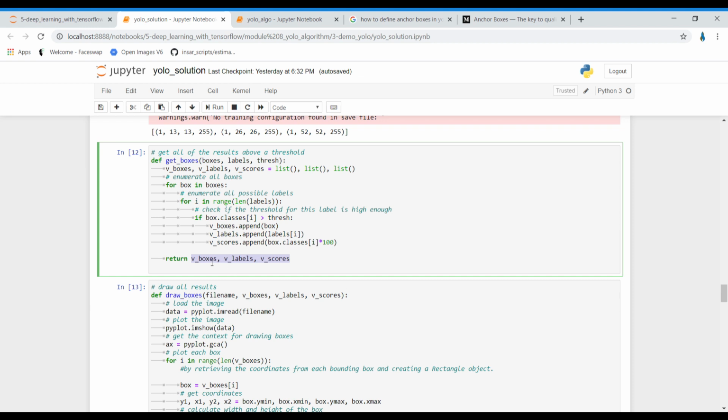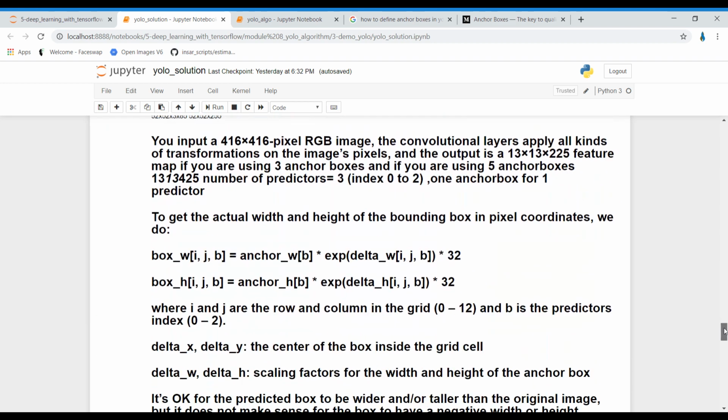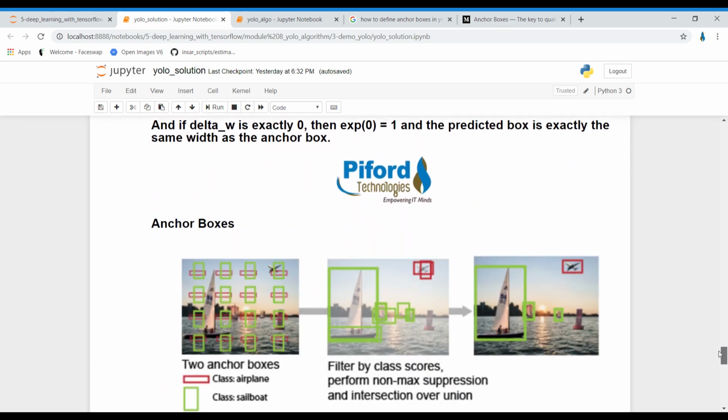So the output of this function will become the input of this function, and this is the file name, meaning on which particular image we want to draw the bounding boxes, and all the bounding boxes which are above that threshold value are over here. So this will draw the bounding boxes. All right. Now the next thing is anchor boxes.